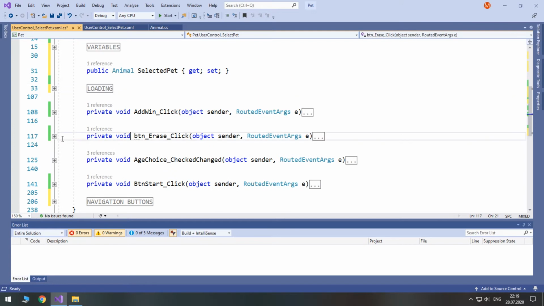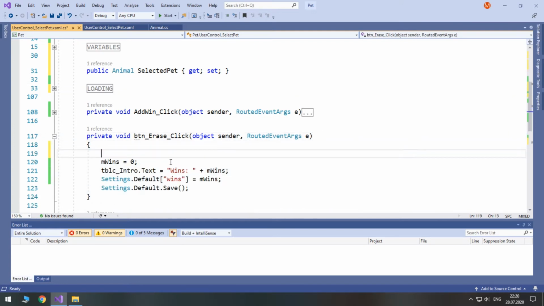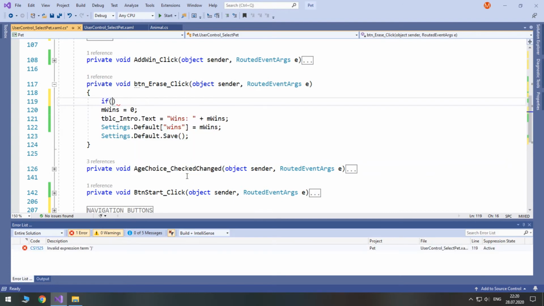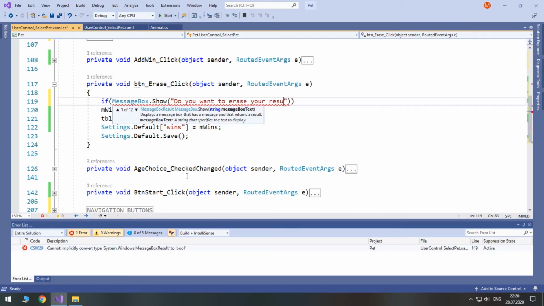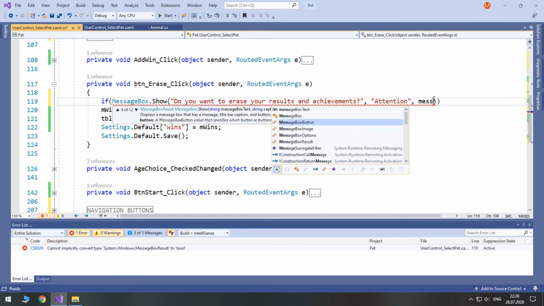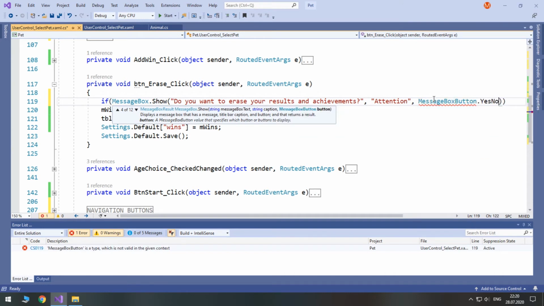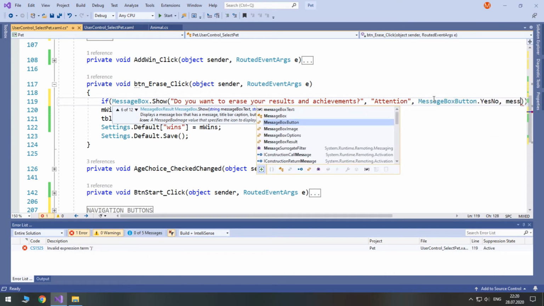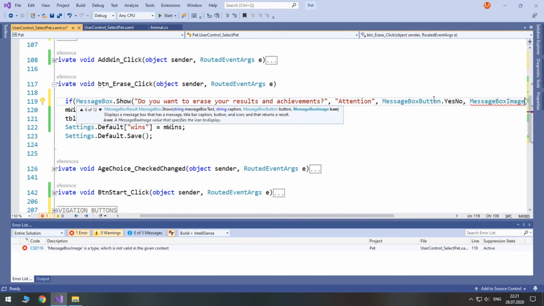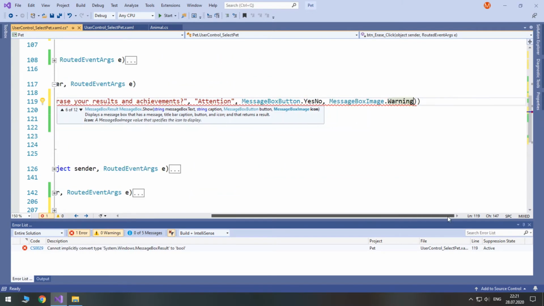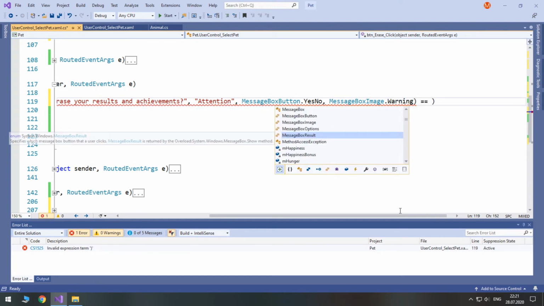Now let's add a warning for the erase button. Instead of just executing it, we will ask the user. So MessageBox.Show our message: "Do you want to erase your results and achievements?" Title will be "Attention". And we will allow 2 buttons, so MessageBoxButton.YesNo. We'll give the warning image, so MessageBoxImage.Warning, and we check if the result of Show